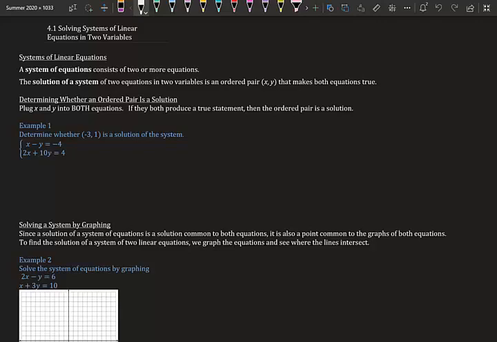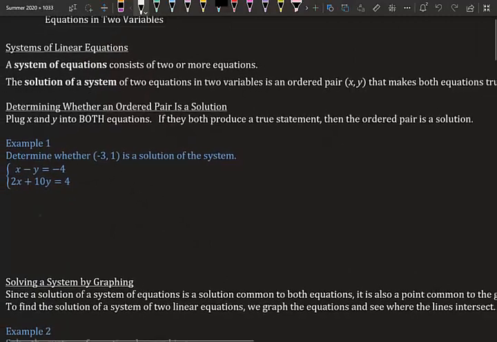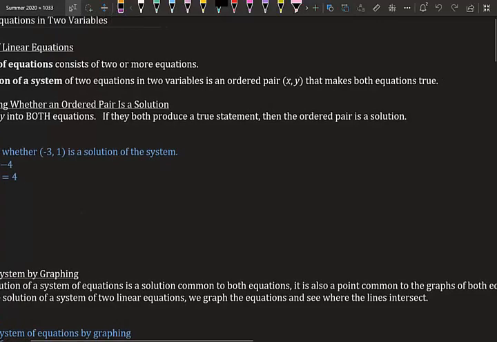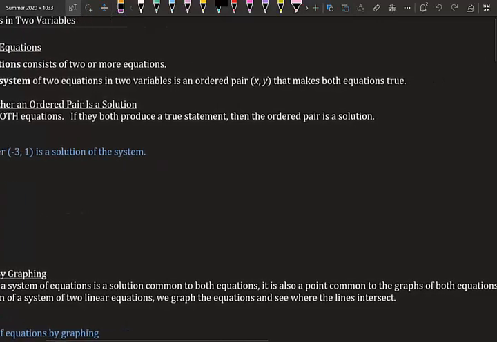4.1, solving systems of linear equations in two variables. So, a system of linear equations. A system of equations consists of two or more equations. The solution of a system of two equations in two variables is an ordered pair, x and y, that make